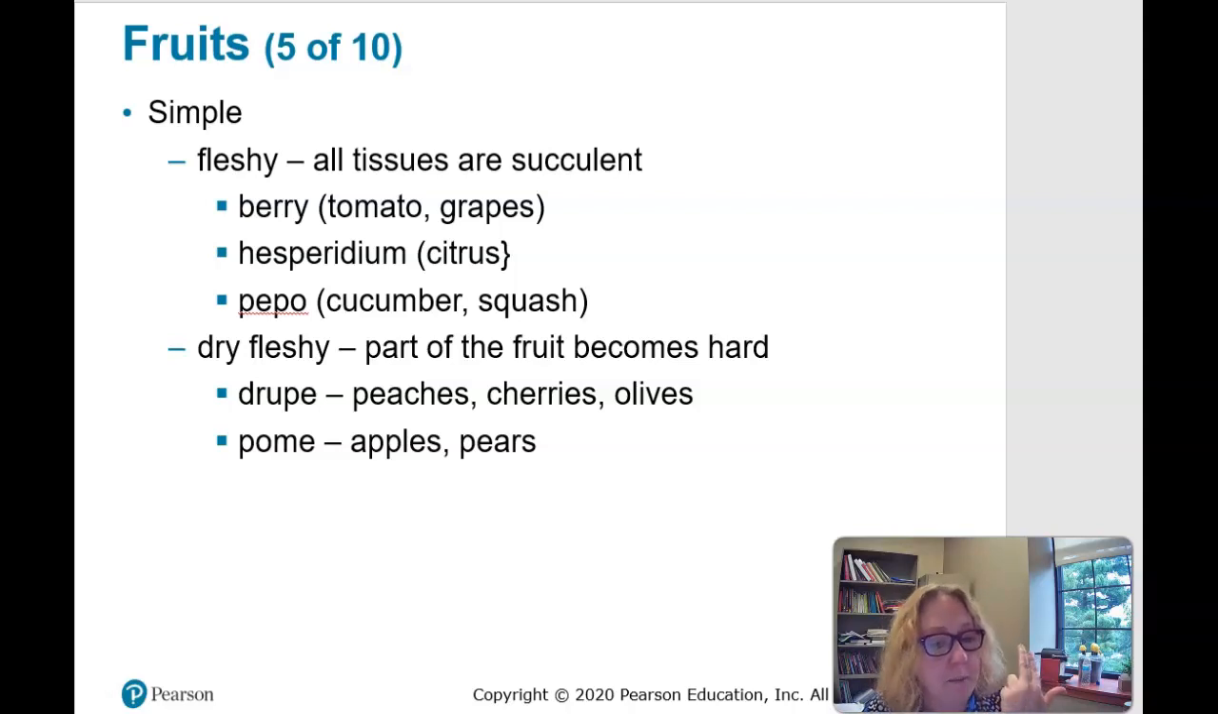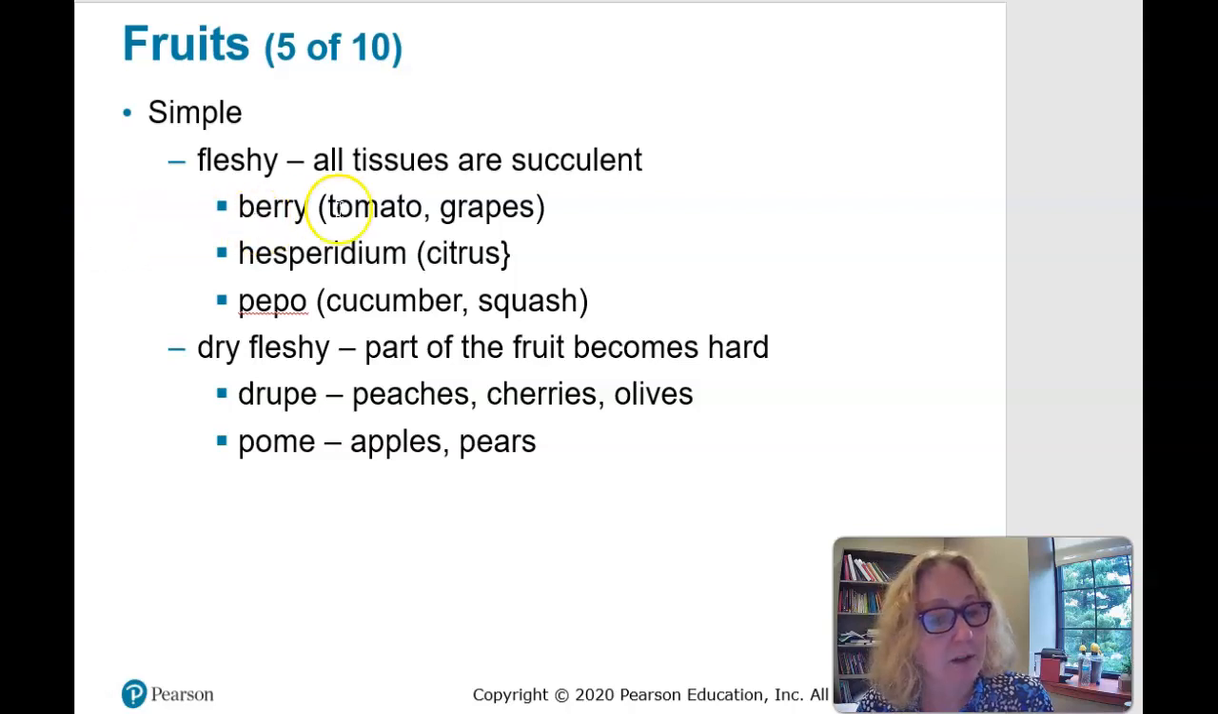Citrus is a hesperidium. Pepo is a cucumber or squash. Dry fleshy would be peaches, cherries, and olives because they have a pit. And pomes are apples and pears. Basically, this is just telling you that fruits are tricking you so you will eat their fruit and poop out or spit out their seed far away